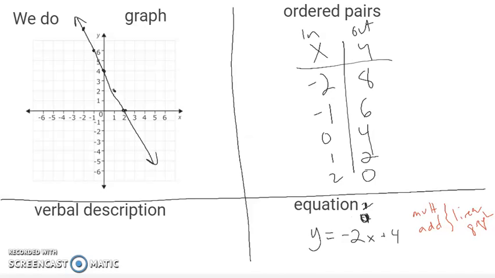Well, that's how you tell if a graph is going to be linear and how you graph it. The how you graph it part was probably not new. The how you tell if it's linear part was probably. So please, please, please, if you would, go back and watch this again if that part really wasn't clear, because